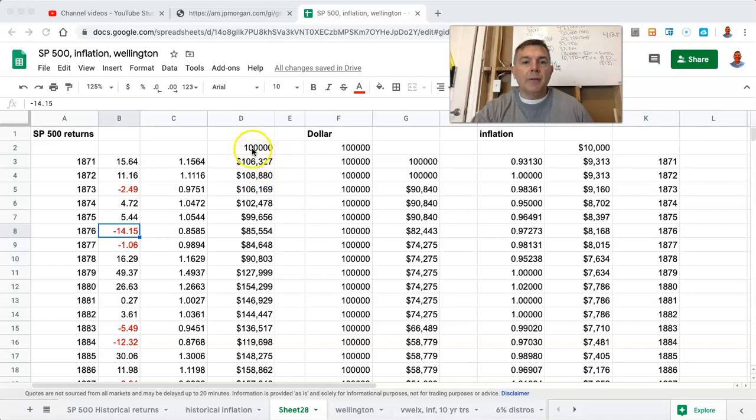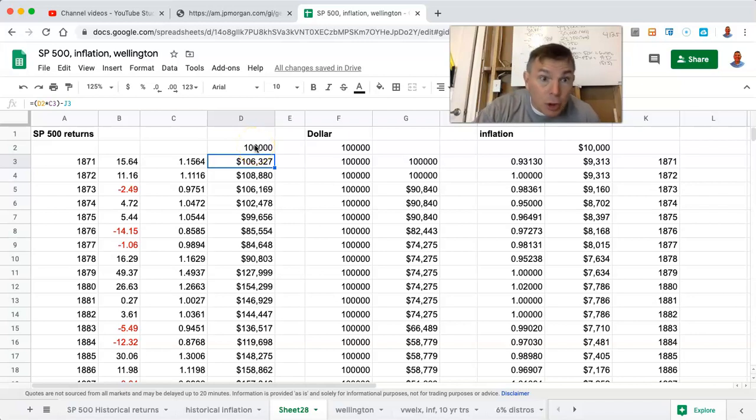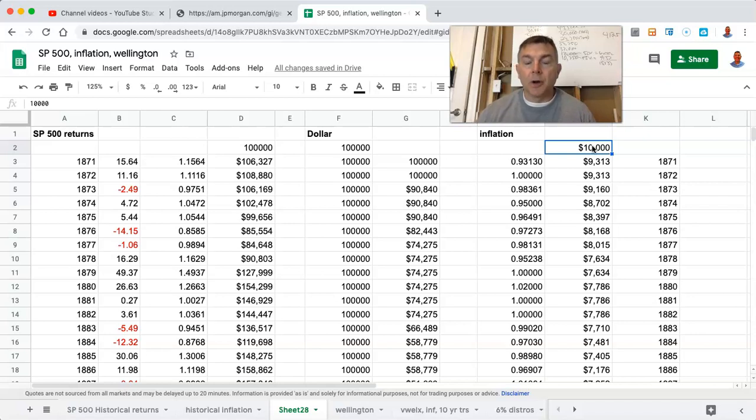All right, so at the end of year, what's happening here? If you see my formula up here, we're taking D2, multiplying that by C3, and subtracting what's right here, which is J3. So we're taking D2, multiplying that by our returns, and subtracting the amount of money we need the following year. We're assuming you had $10,000 sitting on the side to start your retirement, to last you through 1871. At the end of 1871, you needed $9,313 because that's